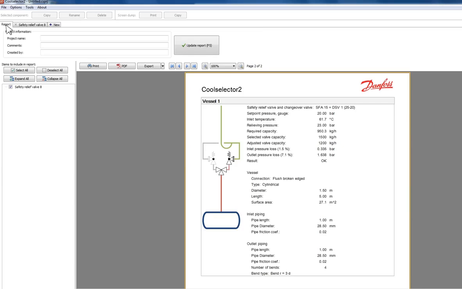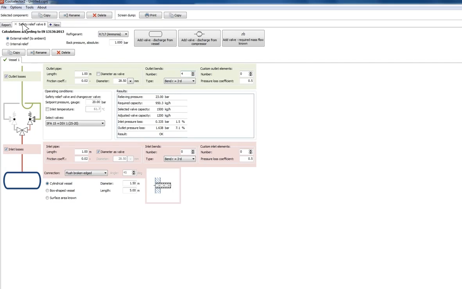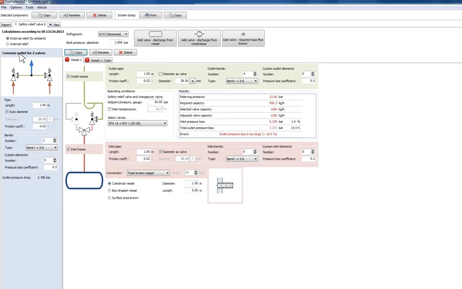If we are looking at a very big system, very often it would be sufficient to put more outlet piping together in 1 common outlet pipe. This is simple to do here. Just go up and press copy, and suddenly we have vessel number 1 and a copy of vessel number 1. Also at the left side, we now get the information on a common outlet pipe. Up to now, in the first calculation, we made a safety valve and 1 meter pipe. Now we will calculate a common outlet pipe, the blue one here,